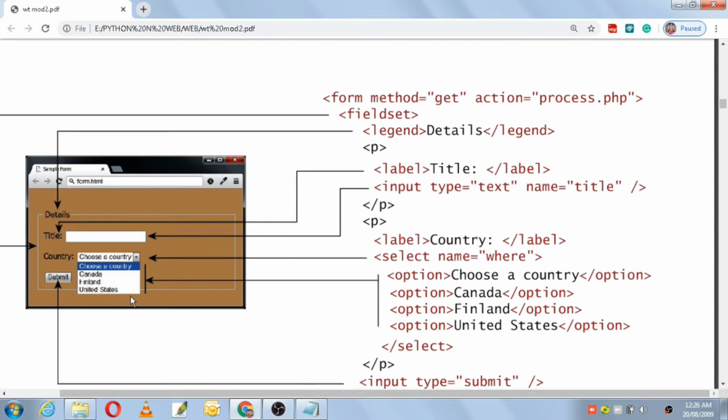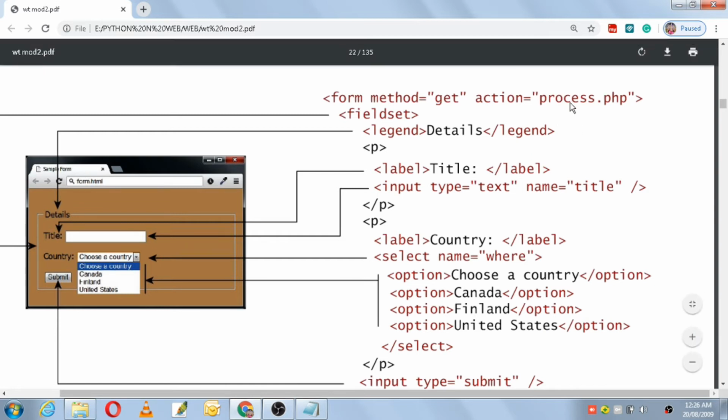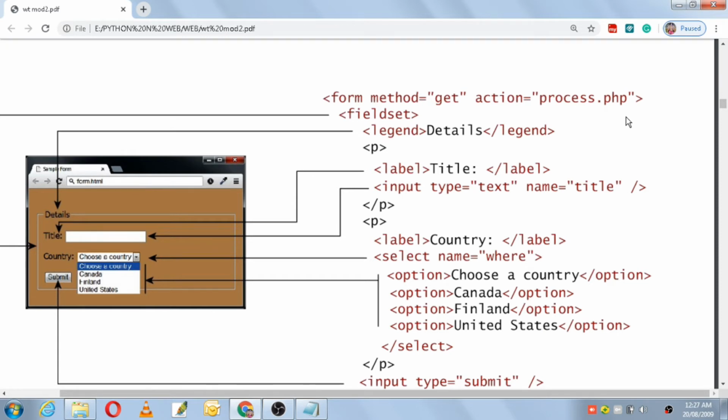Once you enter the data in the browser and press submit, the data entered in the form will go to the server, and at the server we will have a PHP code which will take your data, process it and provide you a particular output. That means if on a Facebook page I enter the email and the password and I press enter, the email and password will go to the Facebook server. After processing there, what will happen? My Facebook page will open up. That is known as processing.